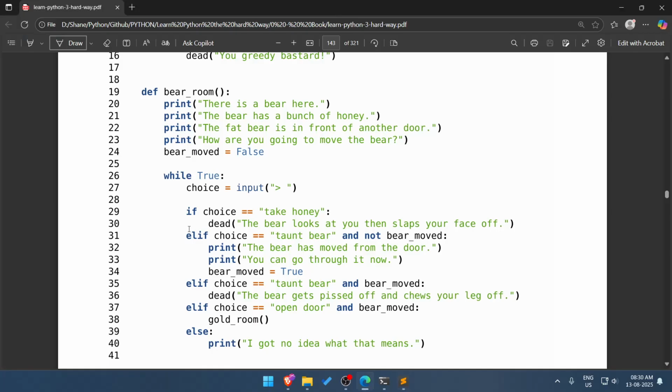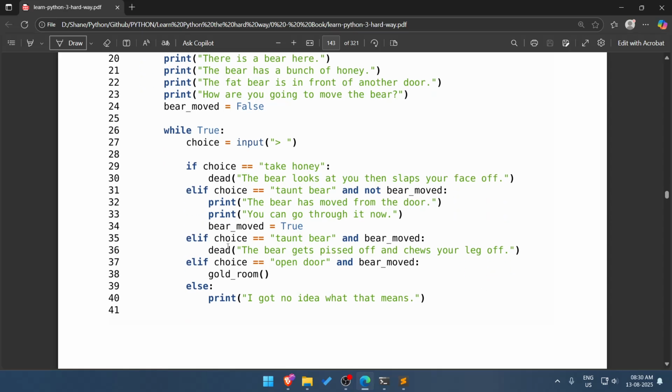If choice equals take honey, then dead: "The bear looks at you, then slaps your face off."